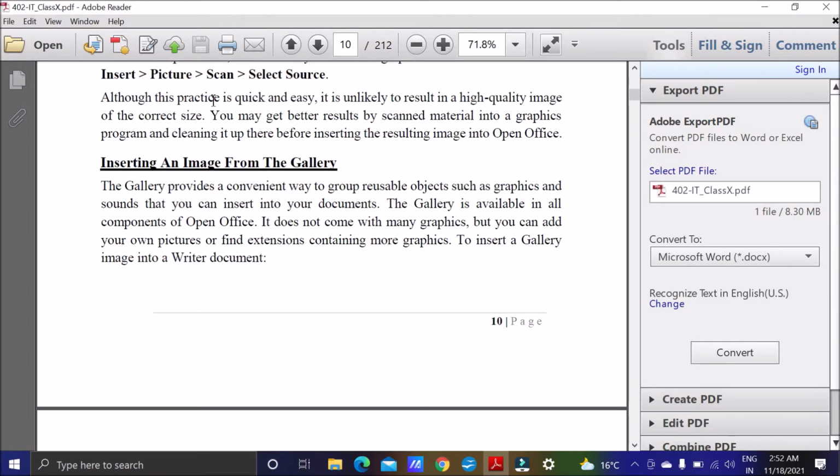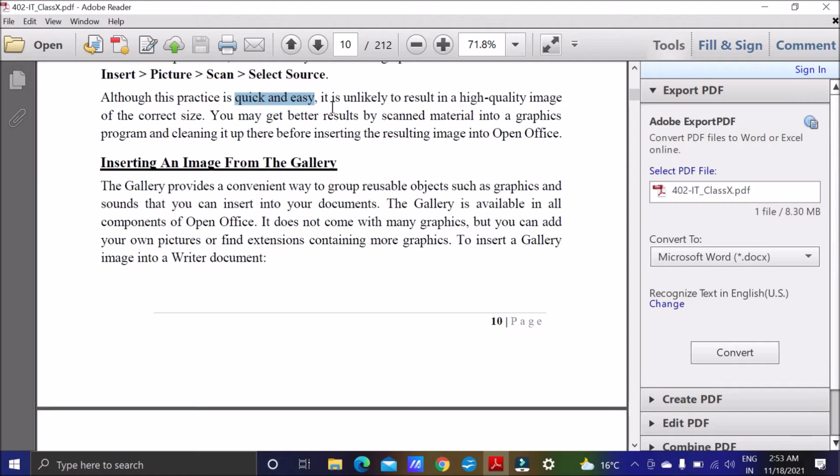Although this is very easy to do directly, if I have a hard copy, I can quickly and easily create a soft copy out of it. But it will be a problem. Suppose my hard copy has some problem, some margins are not set, or there was something on the image, so that will also get copied directly. You cannot do editing on the image before copying it to Writer. Directly whatever you scan will get copied.